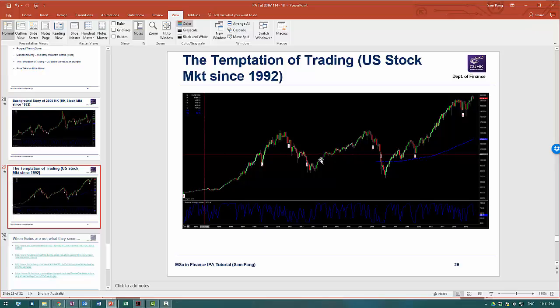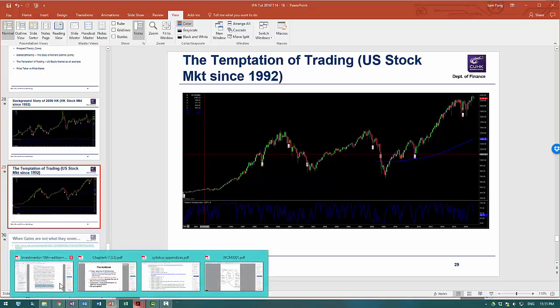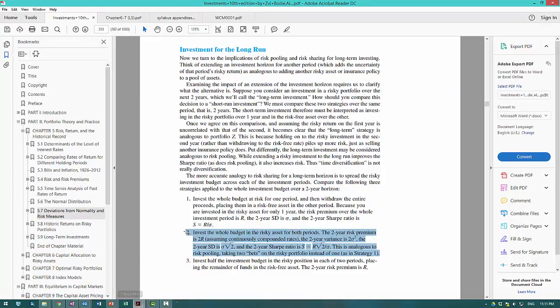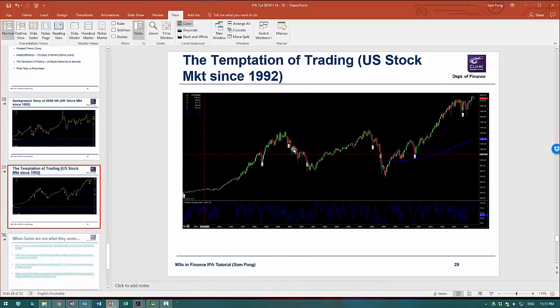eventually it seems that there's some kind of cyclical pattern to the market and it does actually recover. Now that is why, despite all that theory that I just showed you and tried so hard to explain, people still think that investing in the long term actually has some wisdom in it. Because when you look at a 24-year history, nothing can beat that. No amount of theory can argue with what you actually see out there in the market.